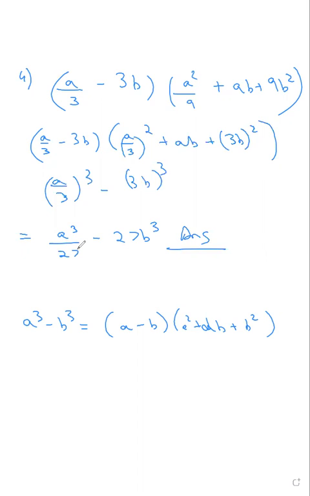Okay, Paki, what happened? Sir, is it compulsory to do the second step? Because if we write the identity, it is quite obvious that we have to cube both A and B. It can also be obvious that you copied from somewhere. No, but the identity is A cube minus B cube. But the identity is a minus b into a squared, right? It's not a squared upon 9. Is a squared upon 9 the same thing as writing a upon 3 the whole thing squared?